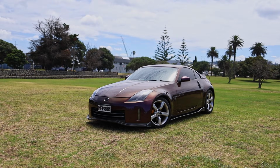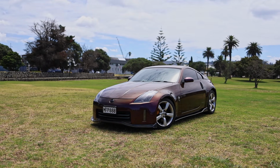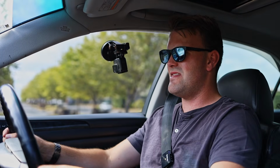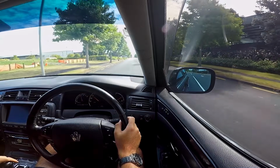That makes every bit of 240 kilowatts. I literally just got out of a manual Nissan 350Z, which in theory only makes like 5 kilowatts less than this, but even that feels way slower. This thing is...